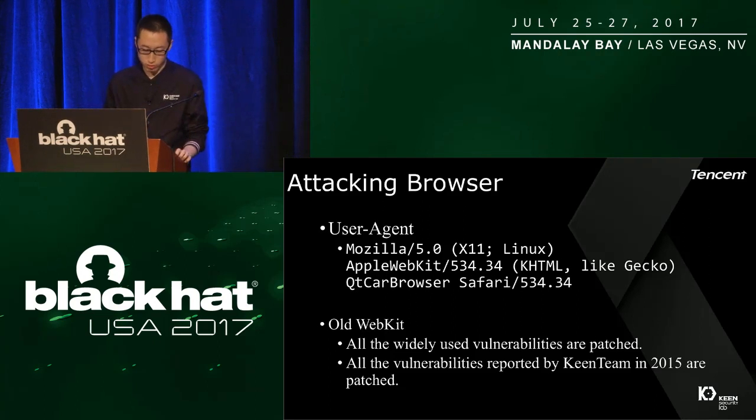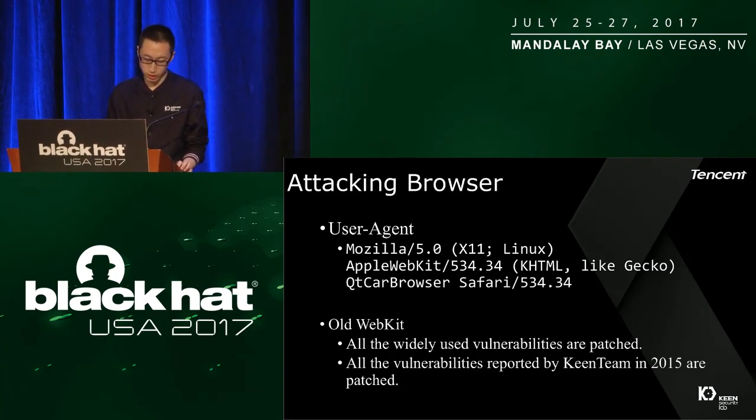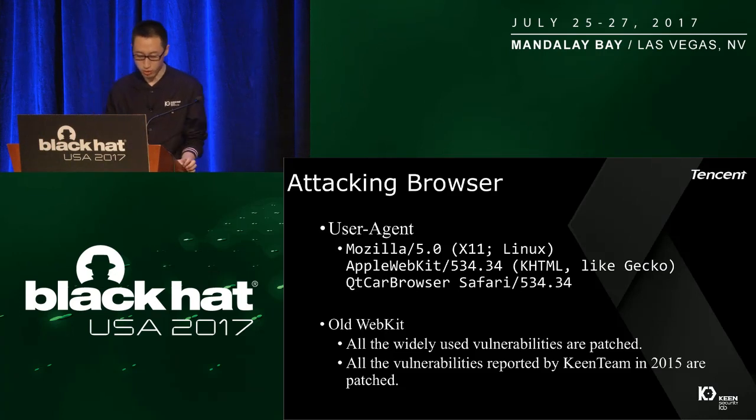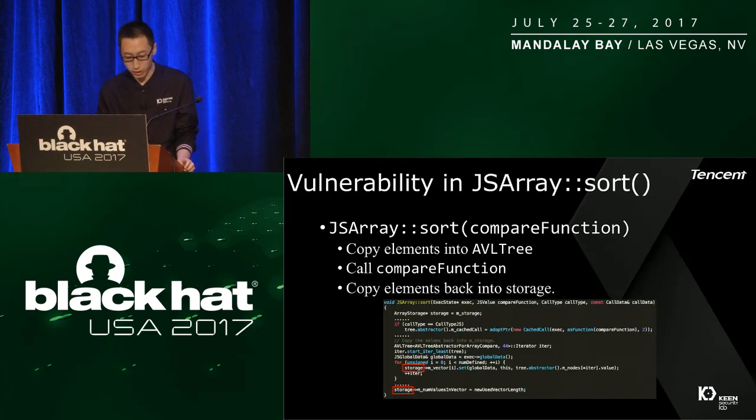Okay, so the first component we're interested in is the browser, because the browser uses an older version of WebKit, which is 534.34. However, it is much harder than we expected to exploit such a version of WebKit, because Tesla patched all the widely known vulnerabilities which could be used for exploits, and all the vulnerabilities reported by Keen Team in 2015. So the vulnerability we used